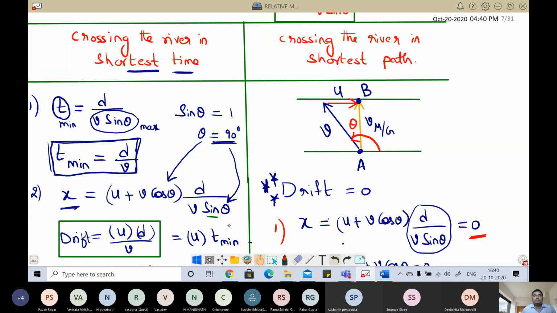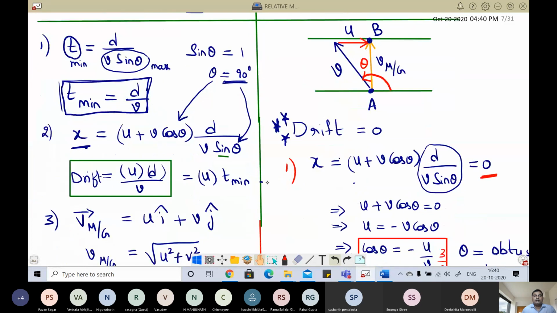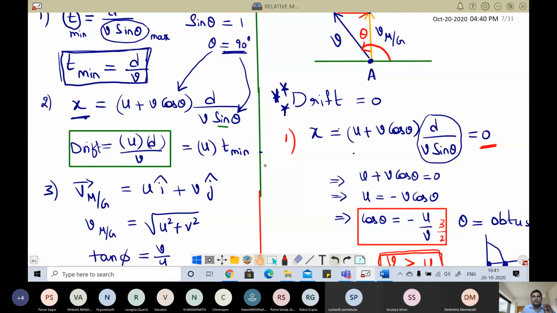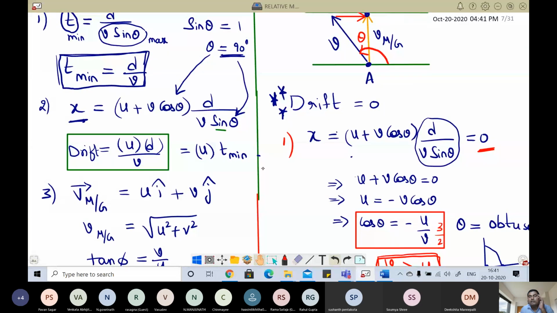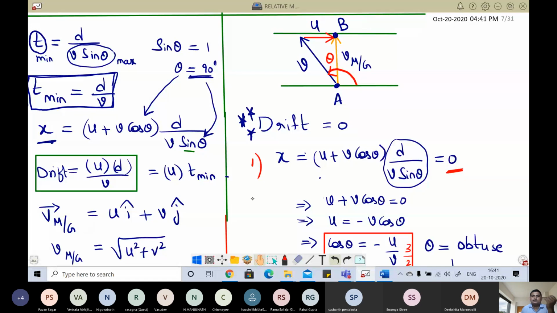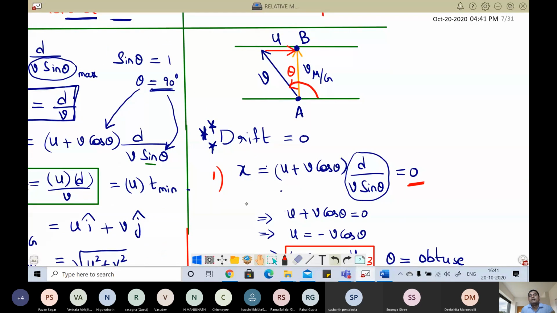And then man's velocity is equal to under root U square plus V square. This you can get from the diagram. The diagram method is very easy. If you can visualize the diagram every time for any problem, then basically you don't need these equations. I am telling these equations for those who cannot visualize the diagram, because we are used to equations. If you don't have an equation, we feel that there's nothing. Otherwise, everything can be achieved in the diagram. Even this one we can do by the diagram method, but since equations are there, I'm telling it like this.